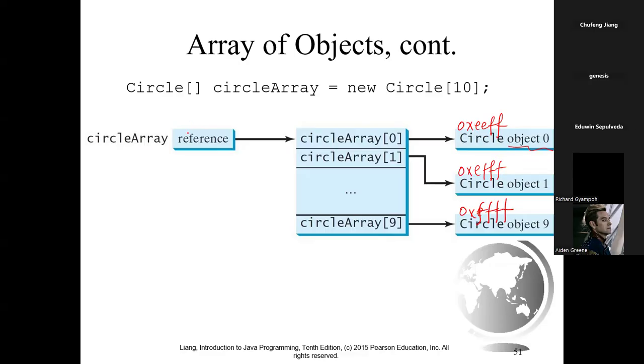And the first reference is always referring to the first one, here 0xEEFF, right? And this one is always referring to the first one, EEFF. That means in the stack,